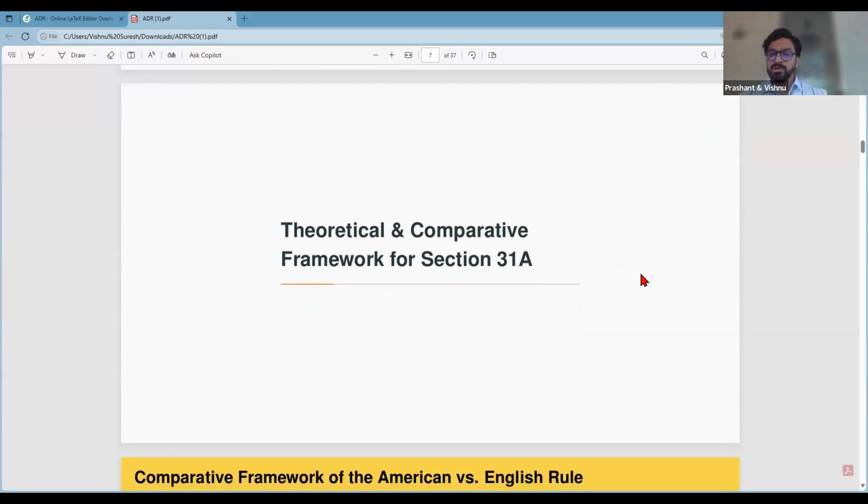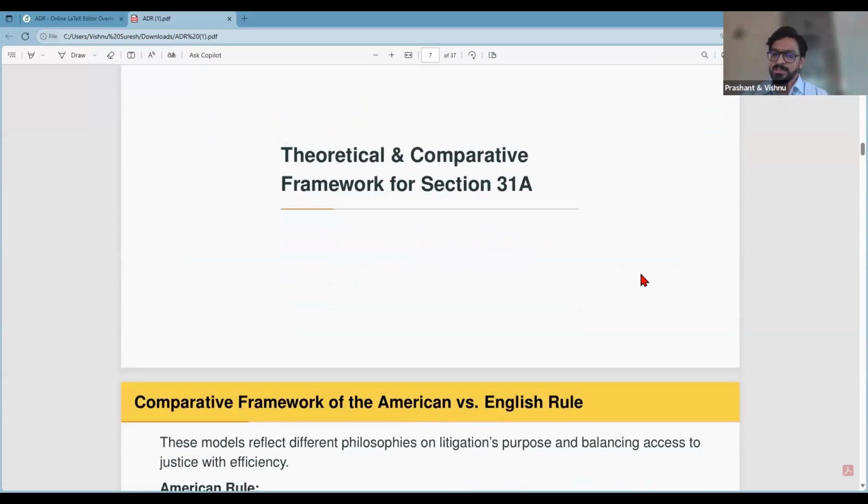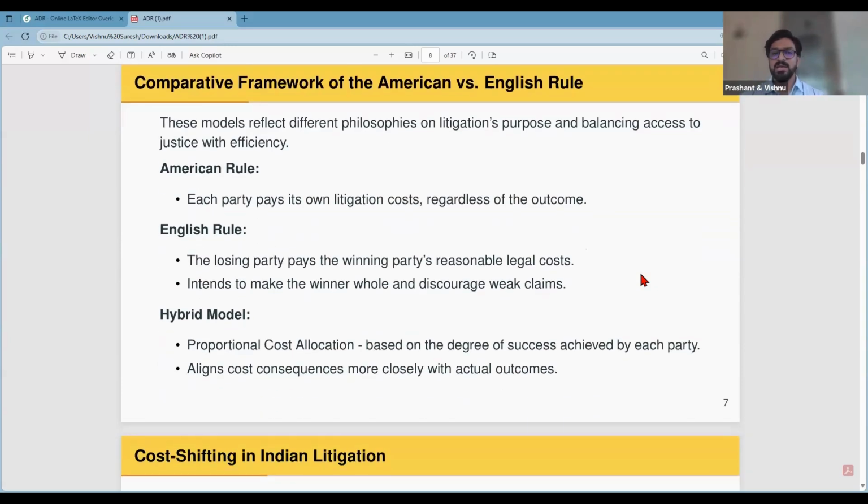So quickly going over to the theoretical and comparative framework. There are multiple models which are followed across the globe. This is the highlight of three such models. First is the American rule. Each party pays its own litigation fee and costs regardless of outcomes. A versus B, even if A wins the case, B is not obligated or imposed with the cost burden to